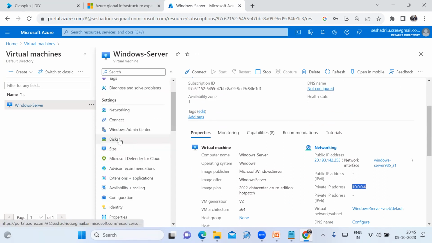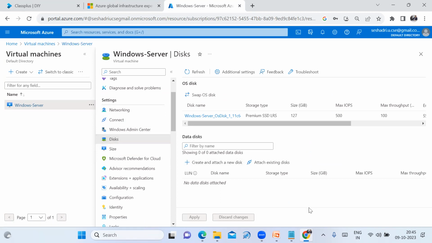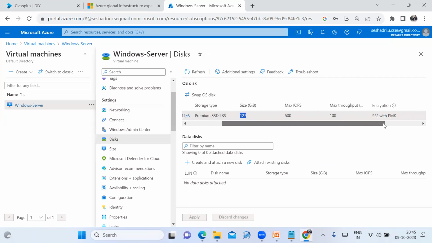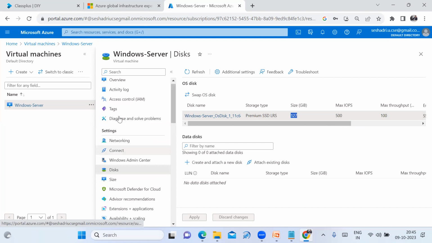Now here, under networking, the disks option is there. Click on this disk option. Here it is providing 127 GB, and 4 GB temporary storage is provided. I'll show you those things hands-on. Now to connect to this server,